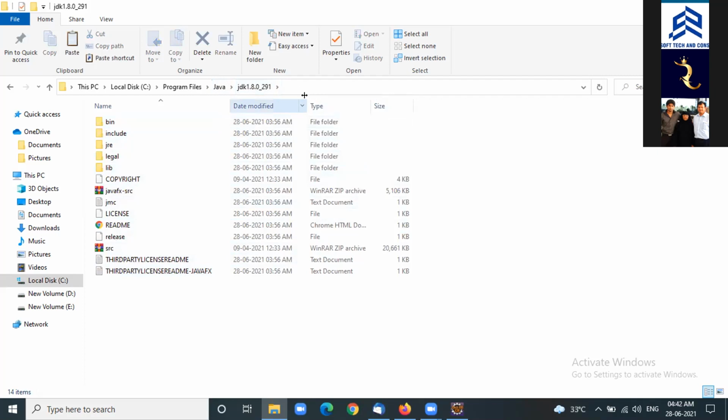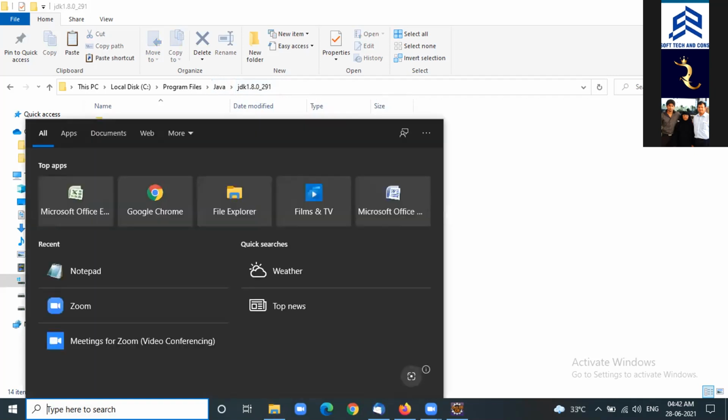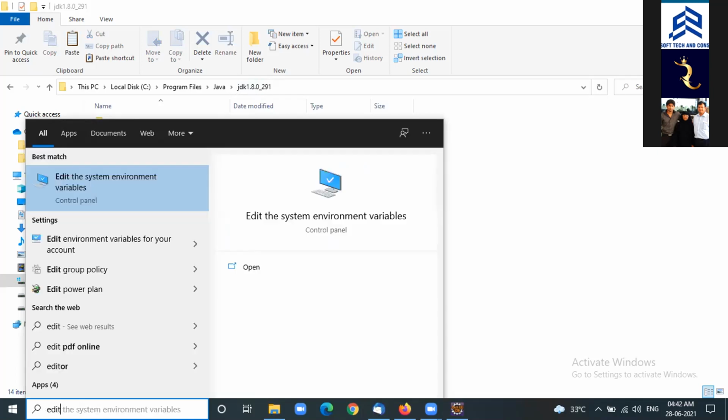Okay. Now go to settings quickly. Shabir, follow the same steps. If you didn't add this into the environment variables, click edit the system environment variables.